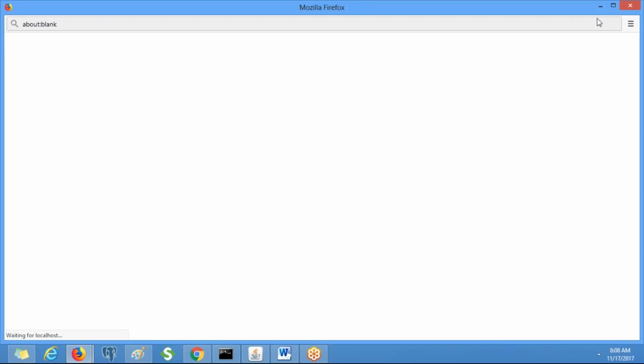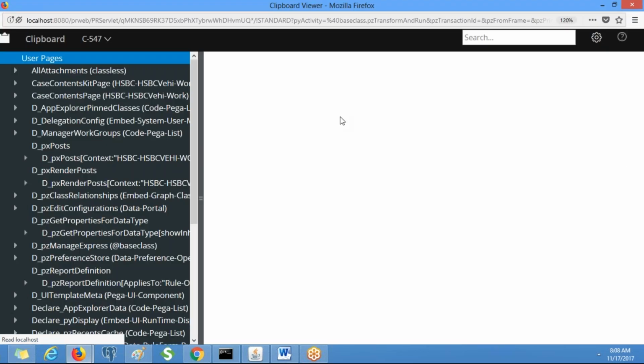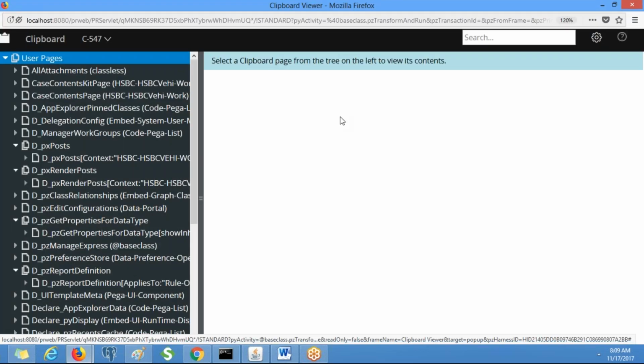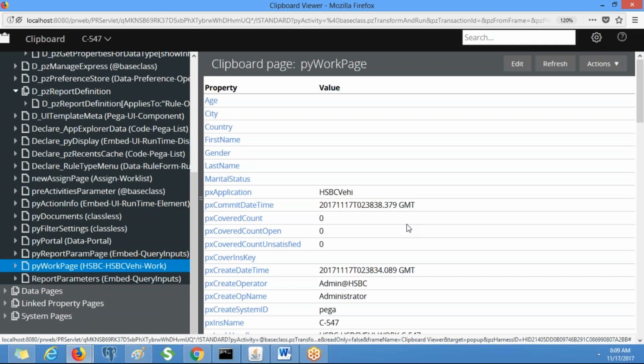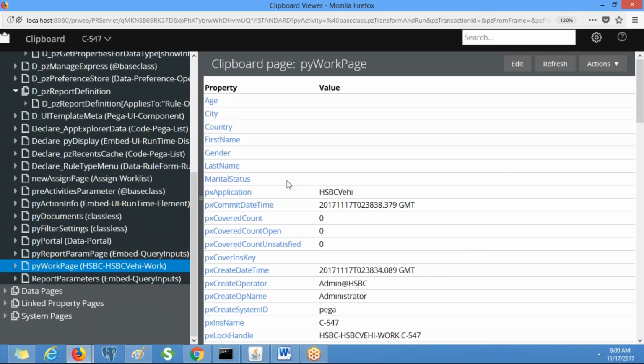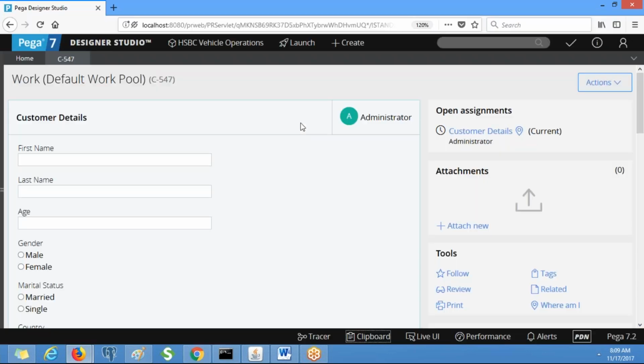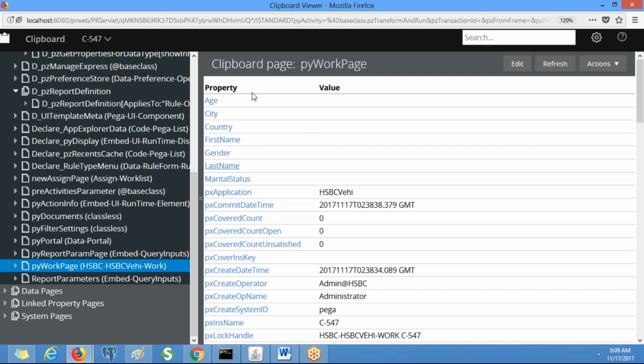So whenever you run the flow, the work object ID gets generated and the work object ID and corresponding details will be available on pyWorkPage on the clipboard. pyWorkPage is available under user pages, right? See, here we have pyWorkPage. But first name, last name, we don't have any values, right? We haven't entered. See, now I'm trying to